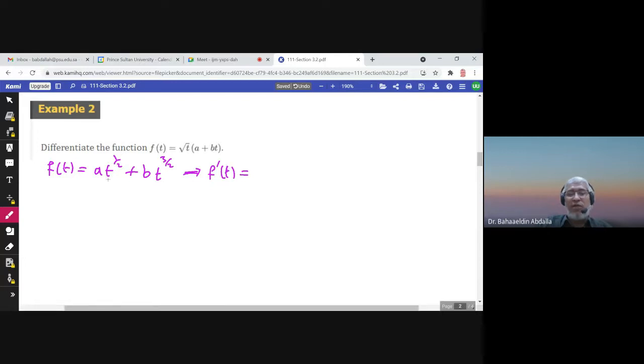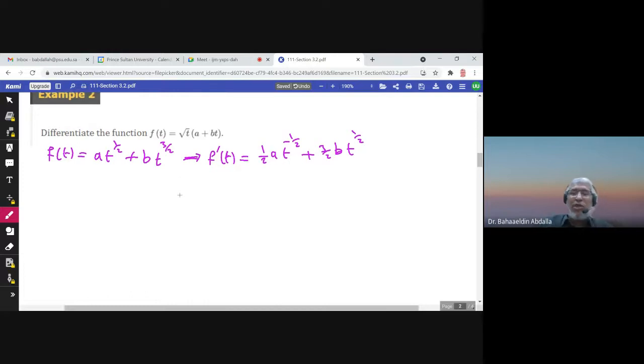The derivative of this, as we learned in the previous section, is half a times t to the power half minus 1, which is negative half, plus 3 over 2 times b to the power t times t to the power 3 over 2 minus 1, which is half. So that's the answer. If you want to write it in another way, you can write it, for example, this